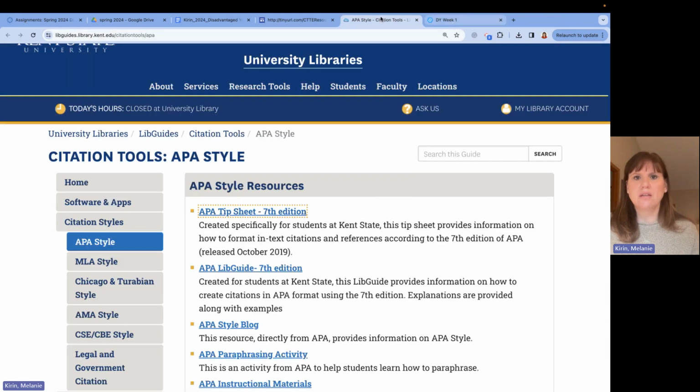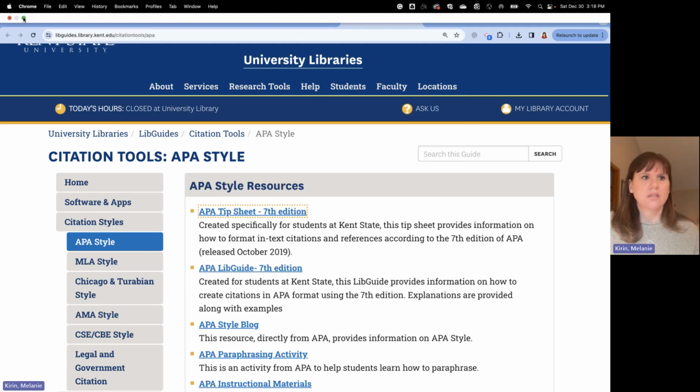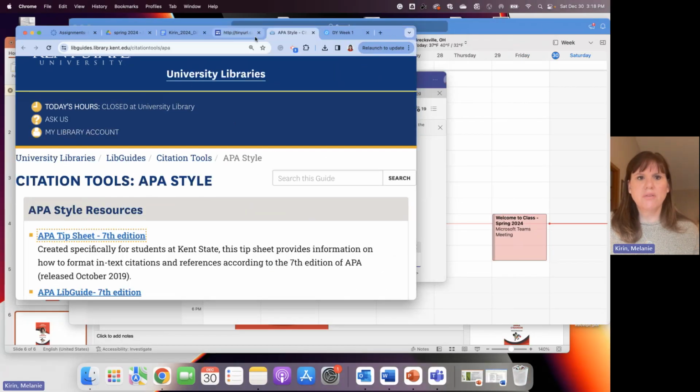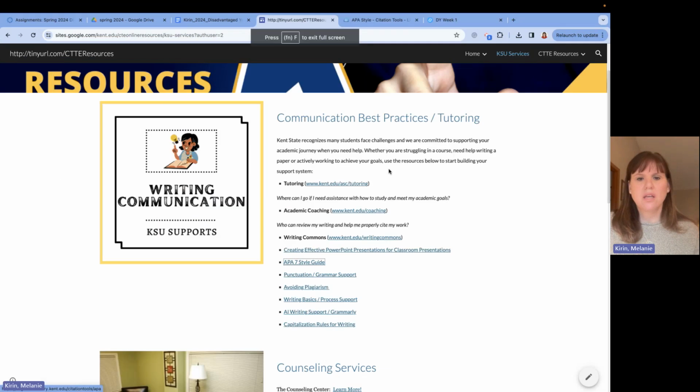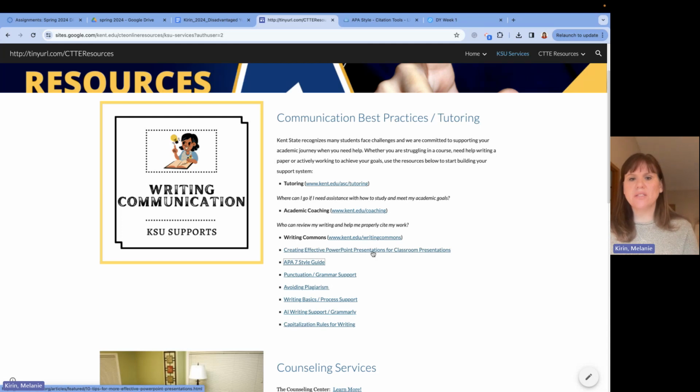And then there are also some other resources there. How to avoid plagiarism. There's some AI support tools there, creating effective presentations. I think you're going to be amazing at it, but just in case, those resources are there.